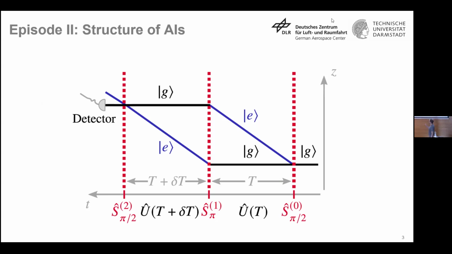And because I want to allow for some flexibility, I have here a different period of time so that the time spacing is not symmetric. And then in the very end, just another beam splitter. And that's the operator sequence that we are now going to calculate. And what are we going to see? We're going to see that we can describe the time evolution as a superposition, U1 plus U2, with a square root of 2,